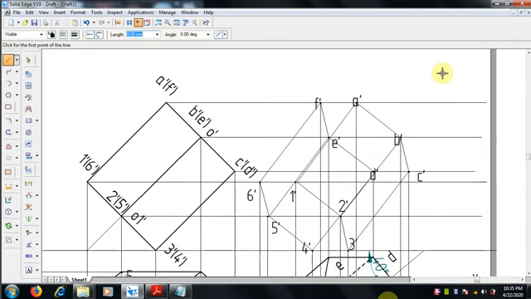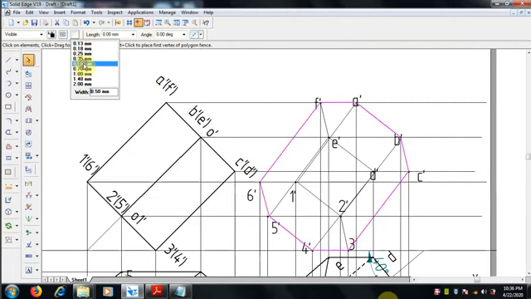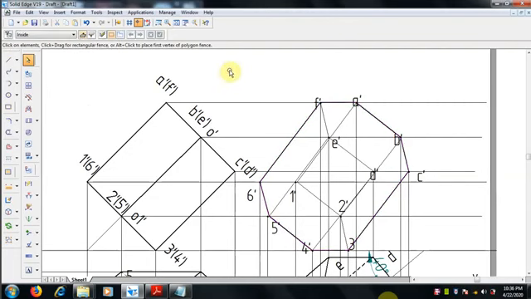Almost 80% of the work is done, and only the visible edges and invisible edges remain to be shown. So select the outer boundary, which are all the outer lines. Select the outermost lines of the view first and then make them 0.5 mm thickness. This is the outer boundary we will see in the view.